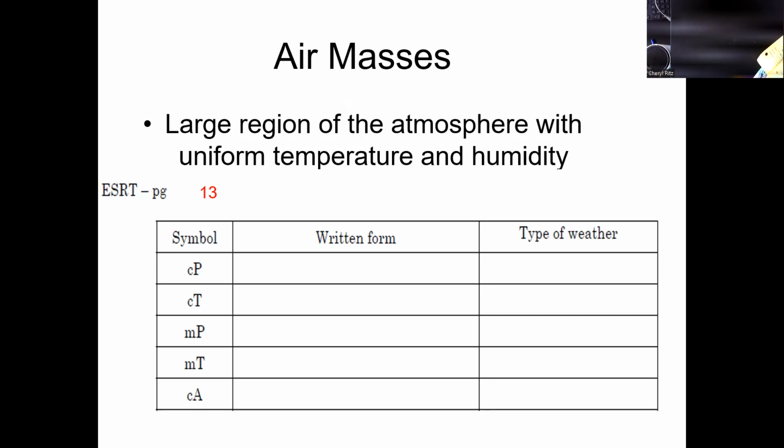There are 5 air masses that the region is going to have you be responsible for at least understanding. But again, good news, most of this is in the reference table. They use these on weather maps, just like isobars and isotherms. They use these abbreviations every single time, and they mean the same thing. So they have CP, CT, MP, MT, and CA. Can you find in your reference table on page 13 what those letters mean?